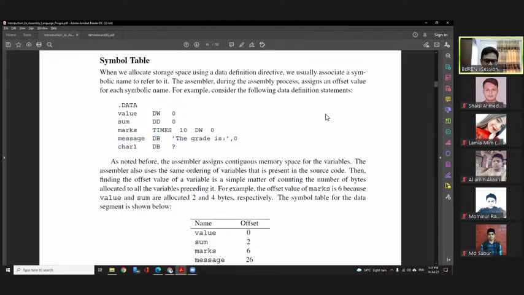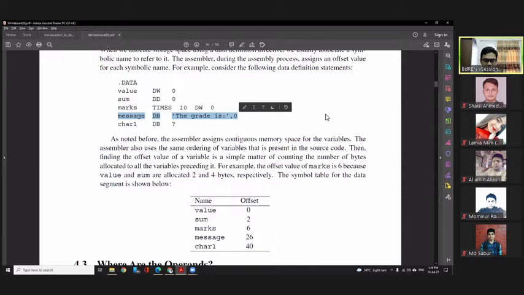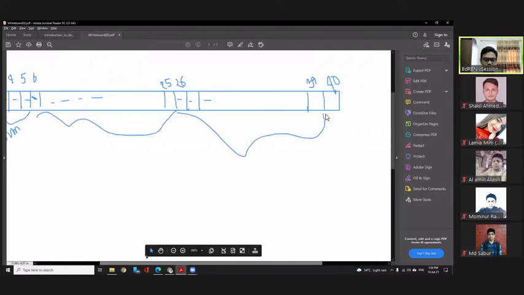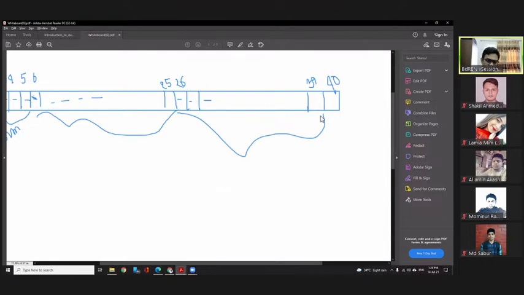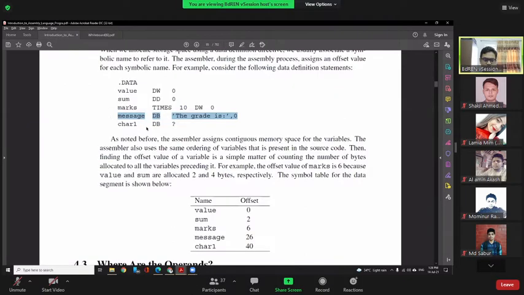That means 13 characters require 13 bytes, and another item, which is a number, of course, because there are no inverted commas, also requires 8 bits of data. So altogether 14 bytes of memory space are required for this message variable. It started from 26 and requires 14 bytes of space, so from 26 until 39 is 14 bytes. Obviously the next variable will start from the 40th byte position. That's why for the next variable, character 1,